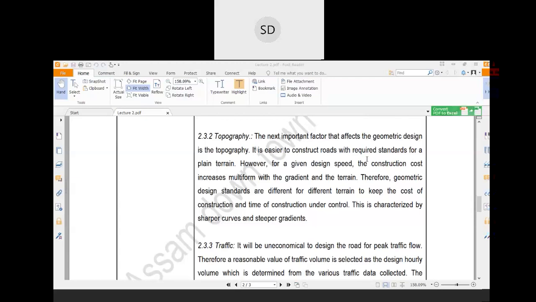So it is easier to construct roads that require standards for a plain terrain. Plain terrain means a relatively plain area. However, for a given design speed, the construction cost increases multifold with the gradient and the terrain. So if the terrain increases, suppose it is a hilly terrain, and we want to construct the road with the same specification, it will increase the